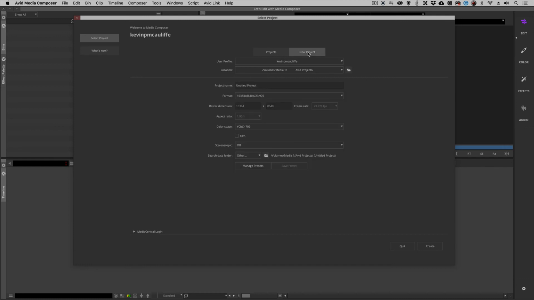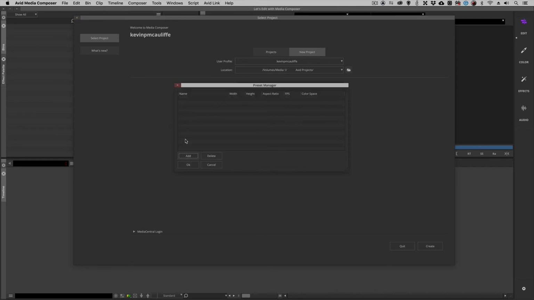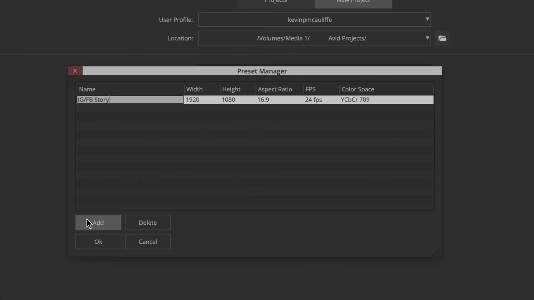I'm going to select new project, but instead of actually creating the project, I'm going to come down here to manage presets. And we're going to create a new preset. Okay, and I'm just going to call this IG/FB story